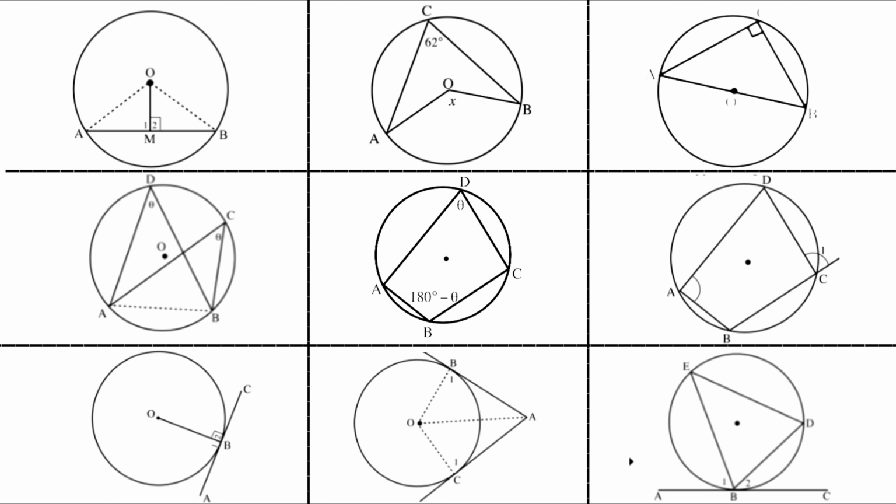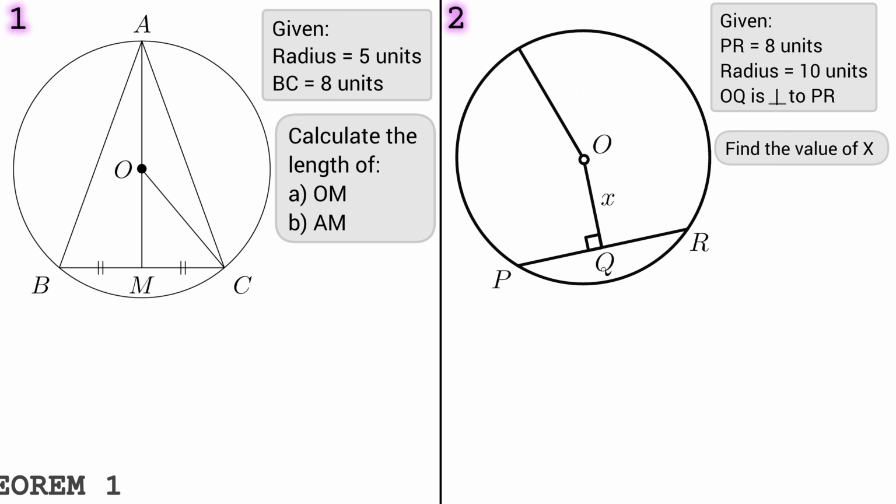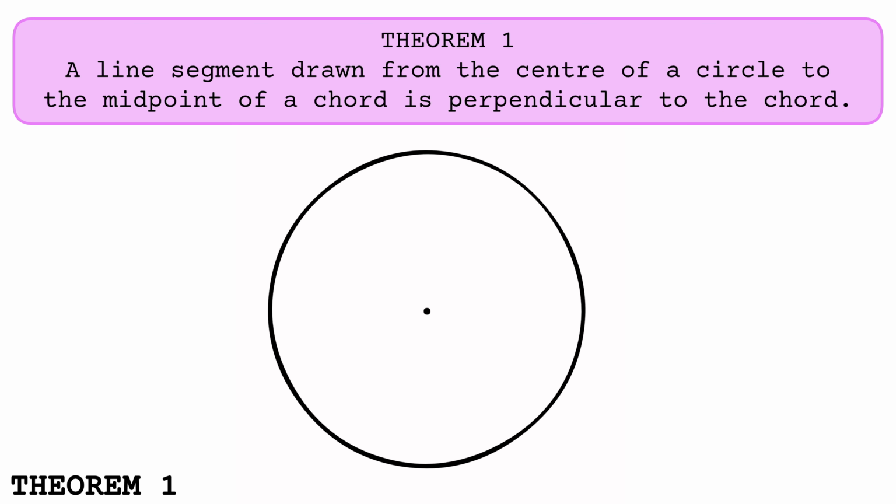In this video, we are answering questions based on circle theorems from Theorem 1 to Theorem 9. For each theorem, we have two examples, and we're going to start with Theorem 1. Theorem 1 says that the line segment drawn from the center of the circle to the midpoint of a chord